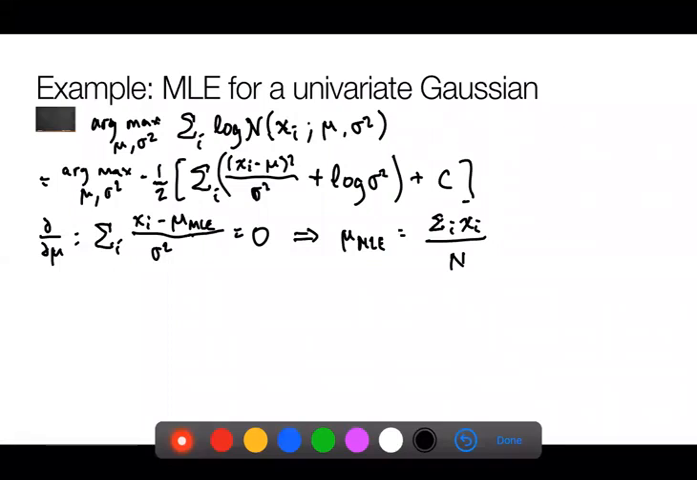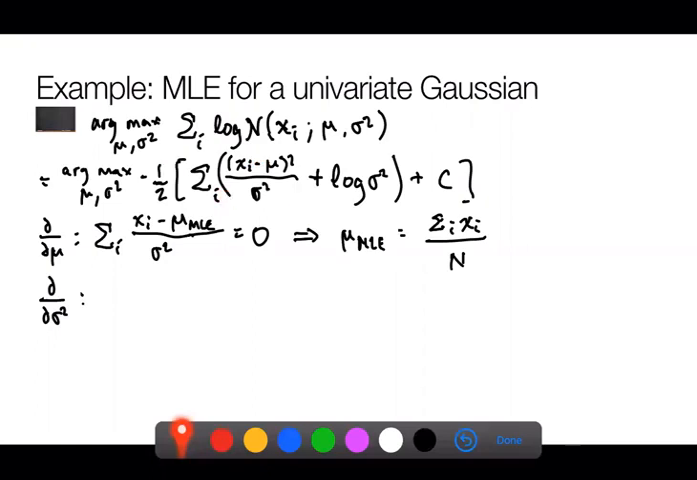Okay, let's try the same thing for sigma squared. So note here, I'm not taking a derivative with respect to sigma. I could do that too, things just get a little messy. I'm taking a derivative with respect to sigma squared, so I'm treating sigma squared as its own variable. If I take a derivative of this thing with respect to sigma squared,